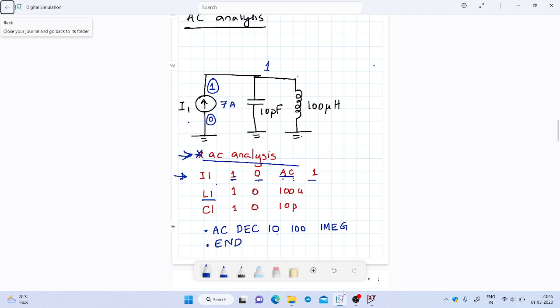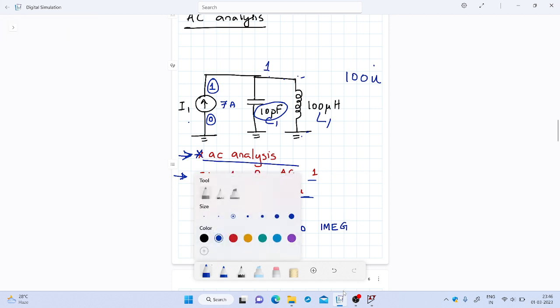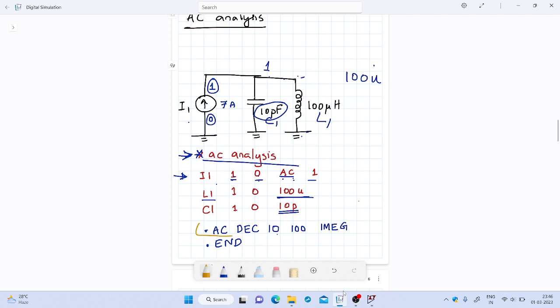Then L1, inductance L1 is connected between node 1 and 0, value is 100 microhenry. So 100 microhenry is written as 100U. Then C1 is between node 1 and 0, it is 10 picofarad, so it is written as 10P. Then for doing AC analysis, the command is dot AC, starts with the dot AC, then the type of